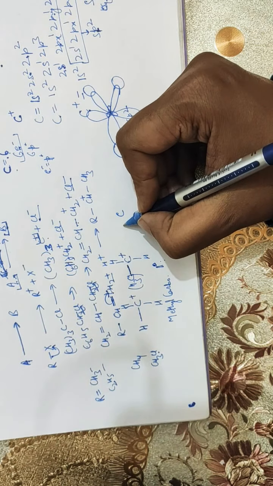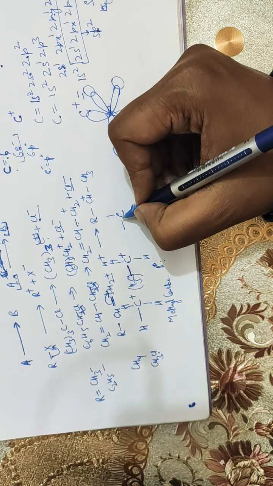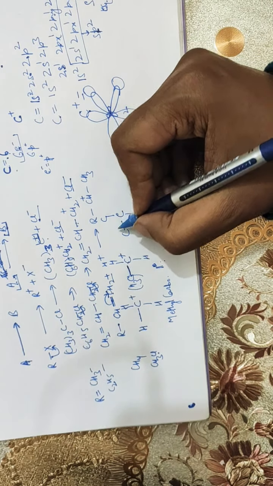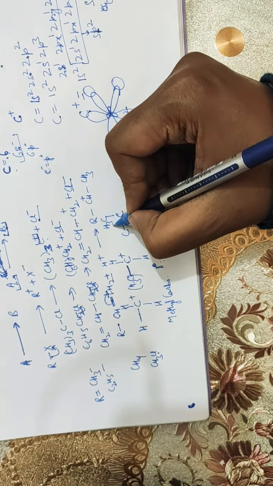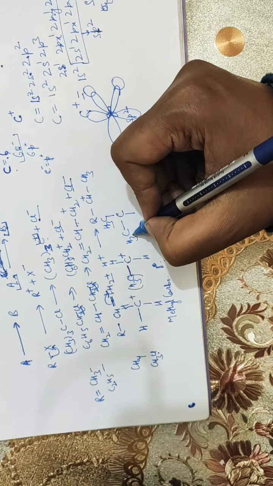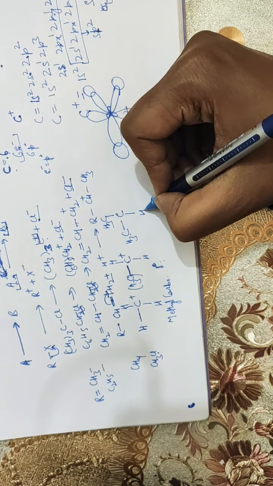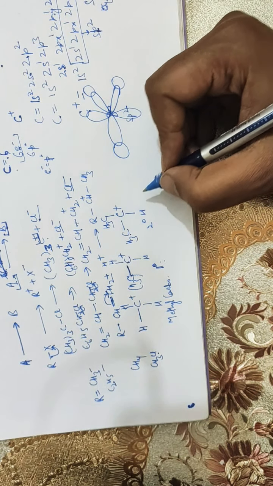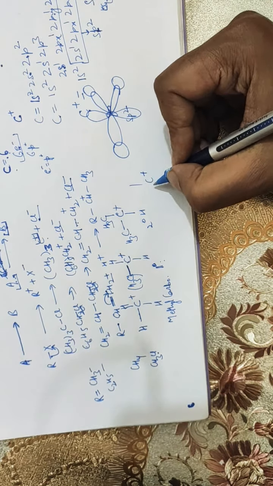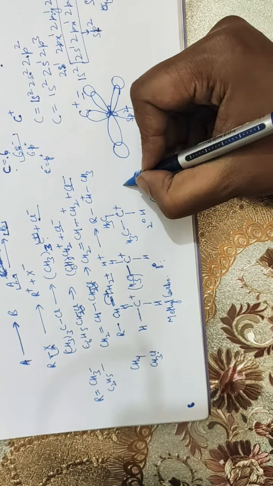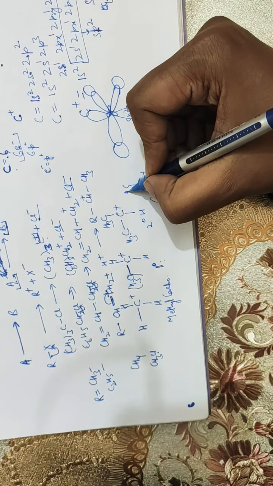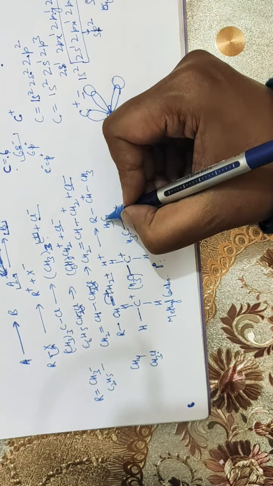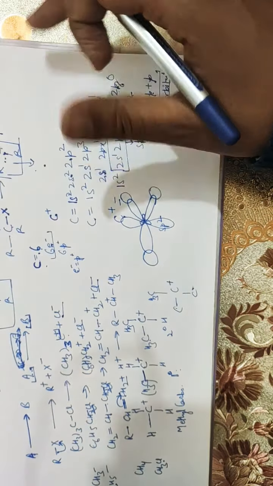If you want to write a secondary carbocation, it will automatically have two carbon-carbon bonds like this. This may be methyl, propyl, butyl or something; I am just writing methyl here. So this is the secondary carbocation. After that comes the tertiary carbocation. A tertiary carbocation will have three carbon-carbon bonds, which may be methyl, ethyl, propyl, butyl or something else.